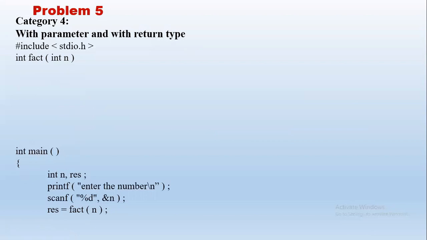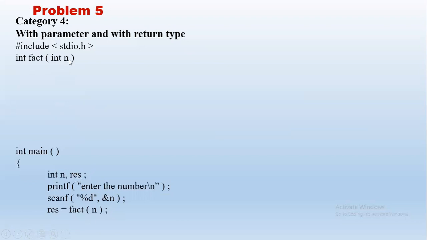We can observe a few things here. We have the function with parameter, int n. Here the name of the actual and formal parameter is the same. It may be the same or it may be different. But the number of parameters, that is 1, should be the same. The data type, here it is integer, and here also we have integer. Data type as well as the order. Since we have only 1 parameter, there is no problem of order. So the data type of the actual and formal parameter also should be the same. And also we have a return type. We are returning the answer, which is of type integer. So that is returned to result.